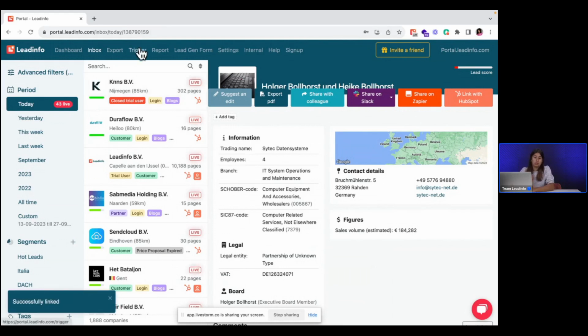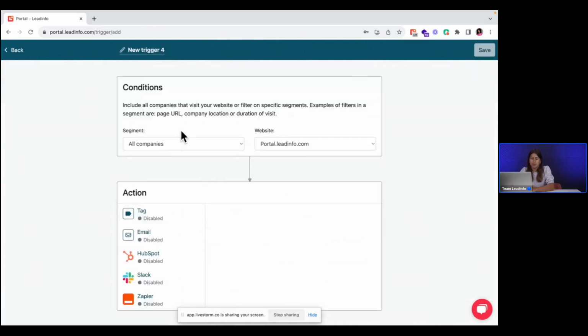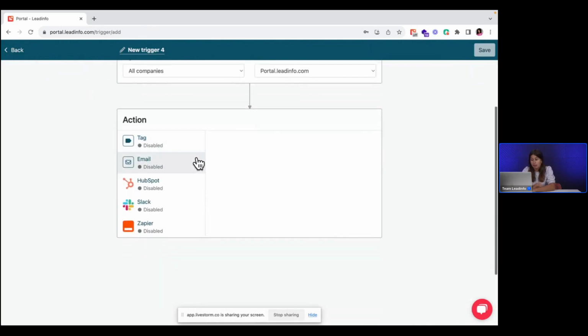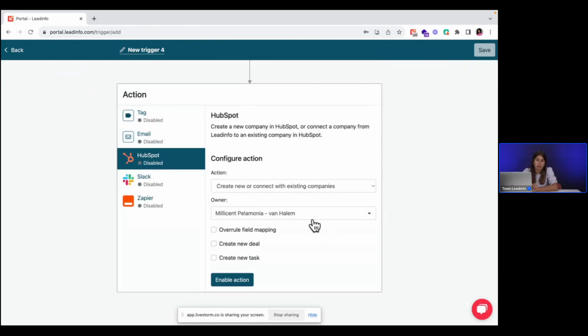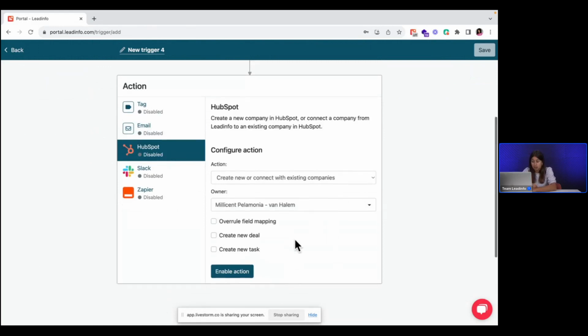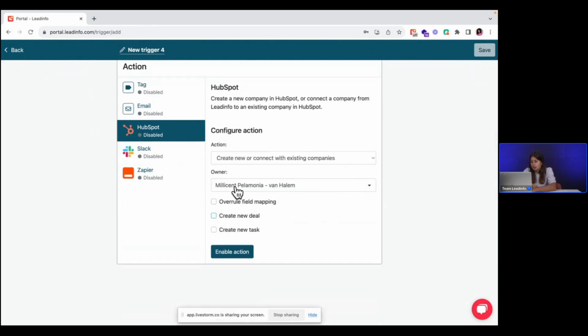The other option is to automatically assign these tasks, deals, and add these companies into your CRM system via the trigger feature. I already quickly showed you the way that these conditions work. If you have your conditions set up, then you can add the action to send it out to your CRM system. The same way as the manual, you can just assign a task or a deal to it, provide the owner,